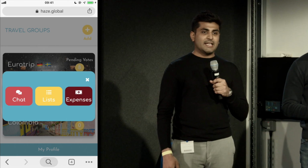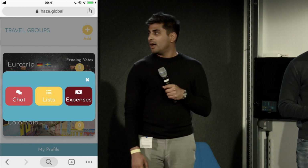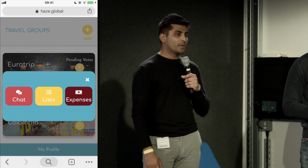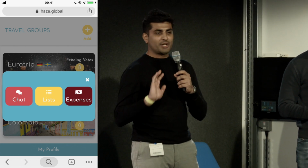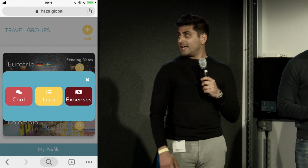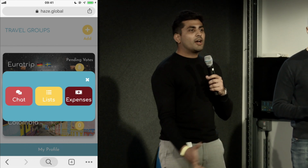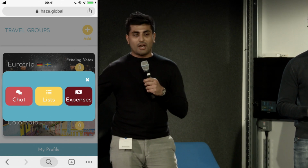Great, so these are basically the 3 main functions of this app, which I thought was pretty cool, and I hope you do too. The first one is a chat function, so you've got the ability to group message, talk about everything related to your trip and whatever else you want on there with your friends. Second one is lists, so you can create your own bespoke lists of whatever it is, from flights to accommodation to things to do to restaurants, anything you want, you name it, you can do it. And then the third one is expenses, so you can keep a running track of who's spending what, how much you owe, if you owed money. We'll get into all of those in a second. But if we start with the chat function,